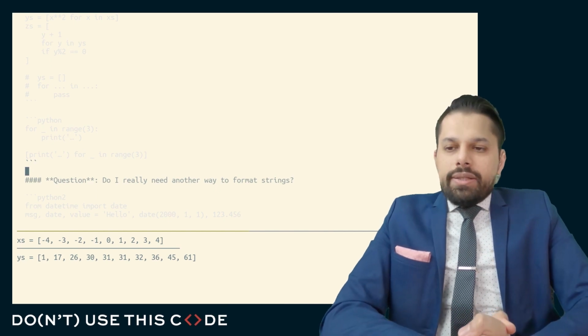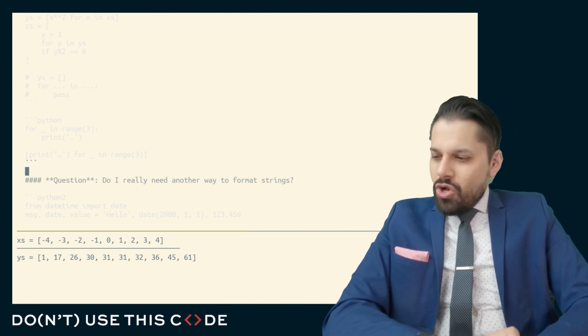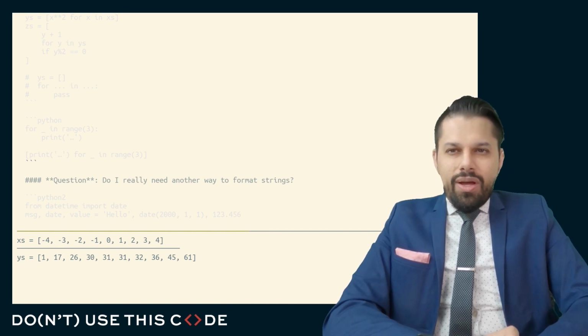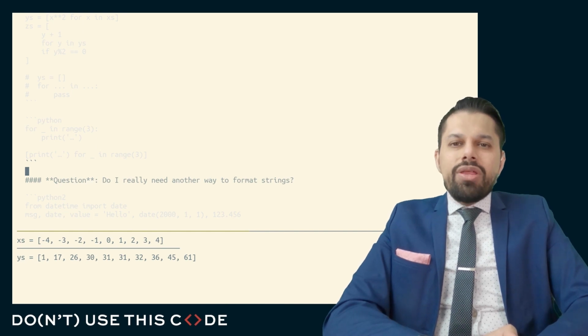Now, with that said, let us move on to our penultimate question. We have so many different ways to go about doing something. Why did I need another way to format strings? In Python 3.6, we gained the ability to do another kind of